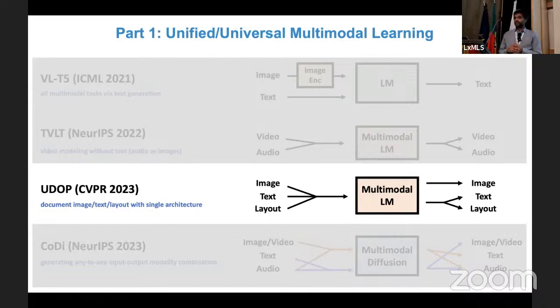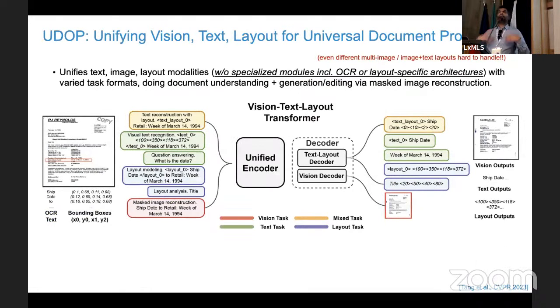So the next step, which was UDOP, Universal Document Processing, in CVPR 23, we said, can we also treat layout as another joint modality like image and text, right? So the idea here is that we should be able to have a model that can automatically learn different kinds of layouts of publications, websites, utility bills, and whatnot, while also learning OCR kinds of tasks jointly with the model, and without having layout-specific architectures. So it's a very simple idea, the way we do it.